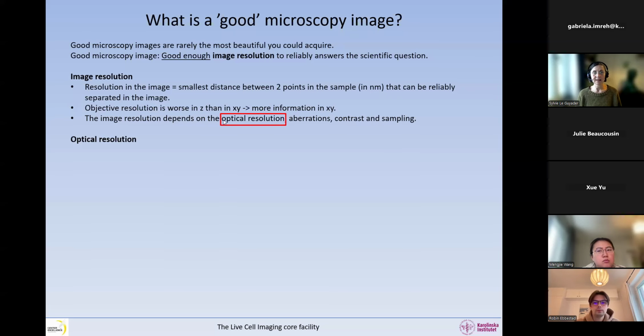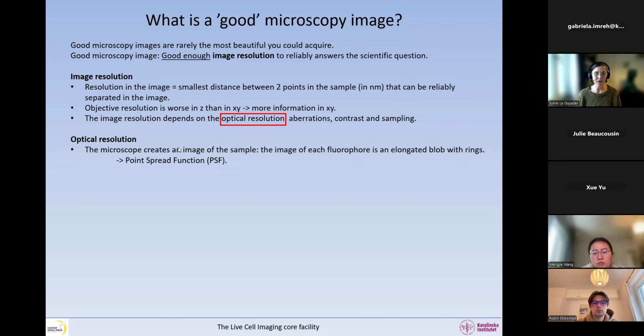Now, the optical resolution is the one that we have seen before. This is the fact that the macroscope creates an image, an optical image of the sample, and the image of each fluorophore is an elongated blob with rings, like a rugby ball, and this is called the point spread function. So I think you are very familiar now with the way the microscope treats the light that comes from our sample and what it does with it, and this is actually what we are recording